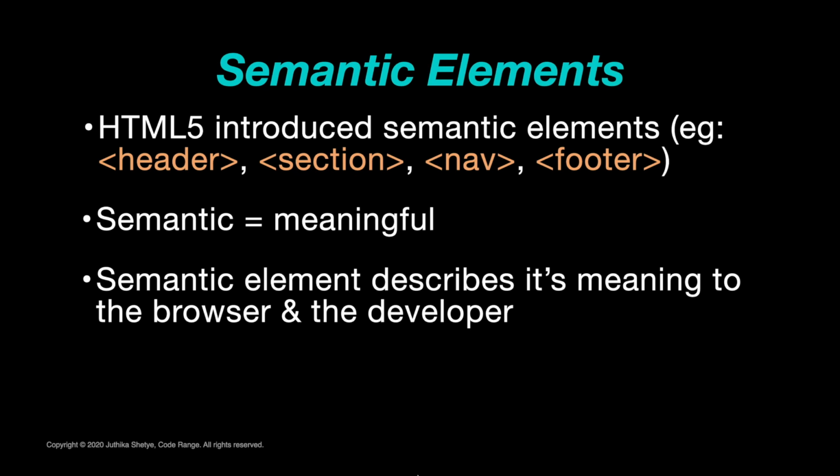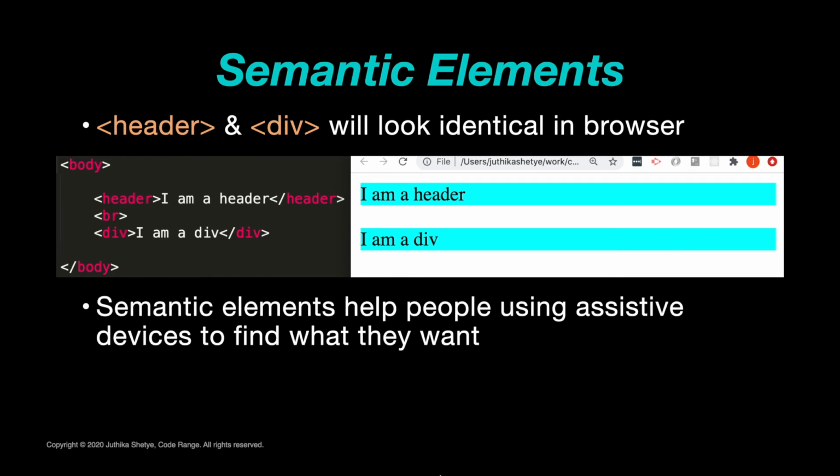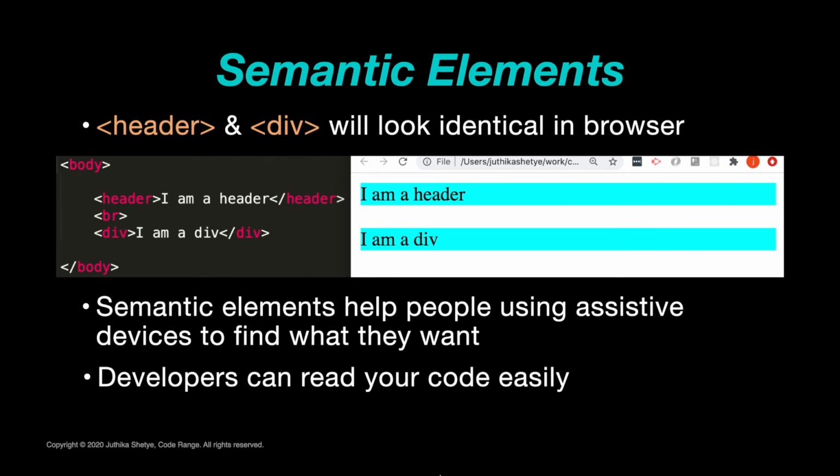Now the thing I want you to understand about some of these semantic elements, for example the header tag, is that there is no special formatting or anything along that line. A header and a div will look identical when you see them in the browser, and you won't know the difference between the both. But for people who are using screen readers or other assistive devices, this is a great way for them to find what they are looking for if they are not using visual clues. Other developers will also find it easier to read through your code if you organize it in meaningful sections. And that's really what you want to do. You want to make your page the most accessible to as many people as possible.